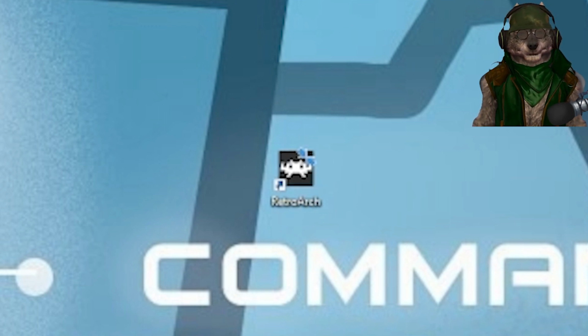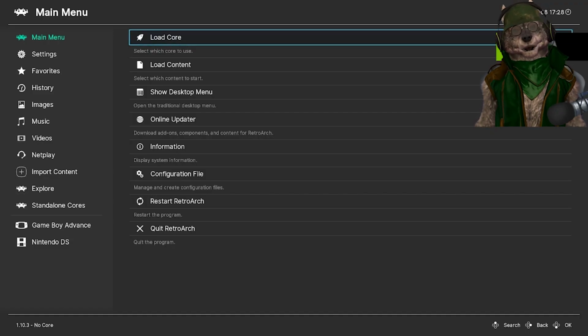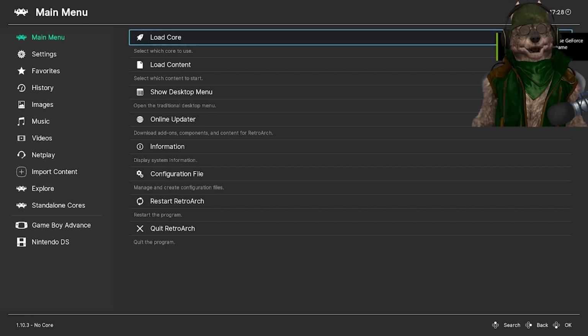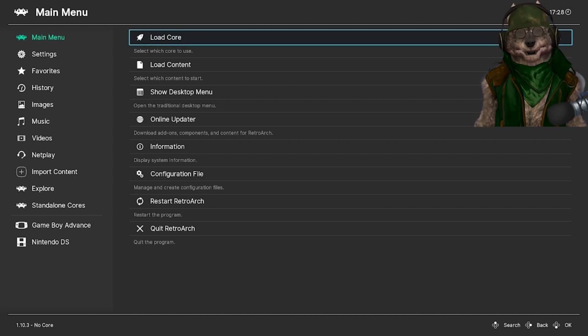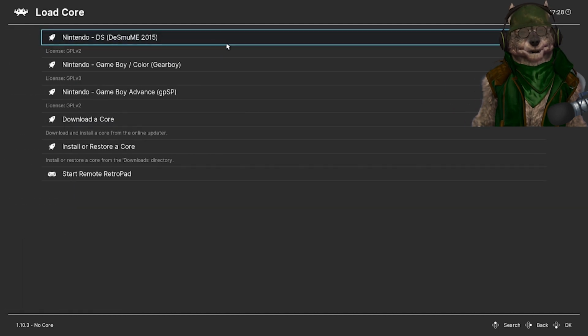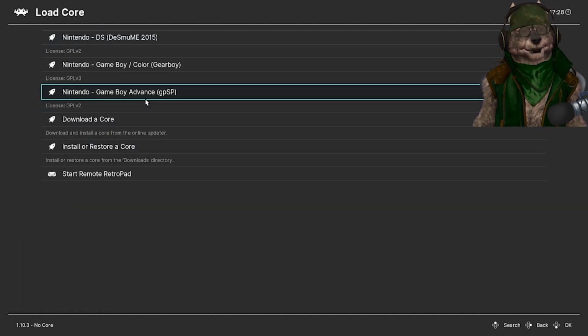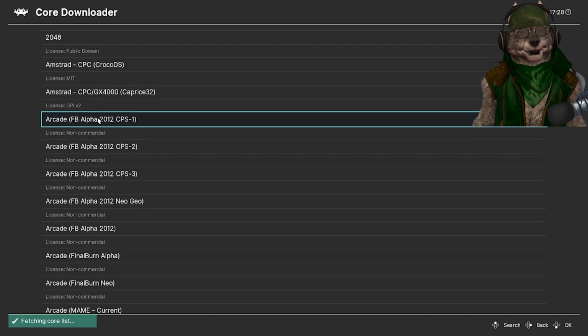Now, if we open this application up, we are brought to this menu. RetroArch is a platform where you can download cores for handheld systems, as well as some older generation games. So if we go to Load Core, and we go to download a core,